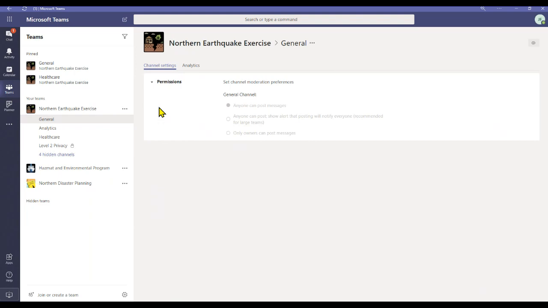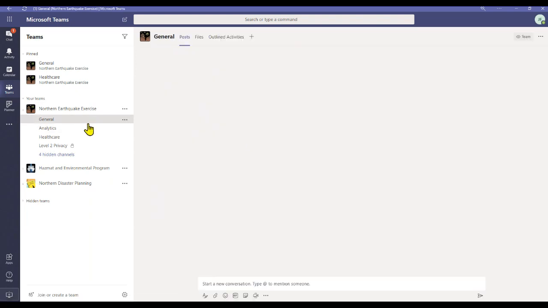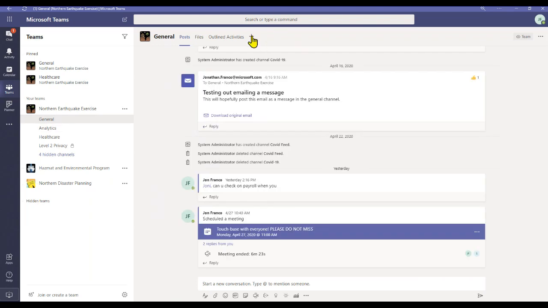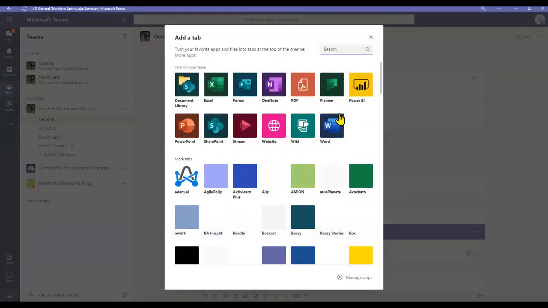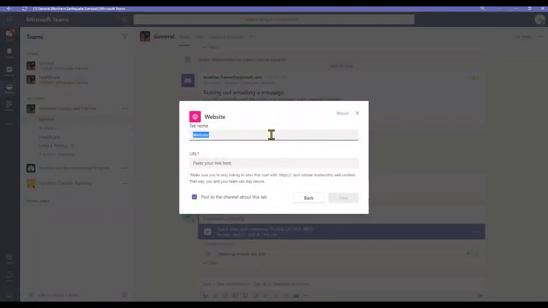So the example that I wanted to give was that because I don't want anyone to post and I only want this to be for owners to give out any resources to serve as assistance for anyone interested in learning about Microsoft Teams, that could be done through here by setting it to owners. So let's assume that it's only set to owners, and I actually want to post a link for,